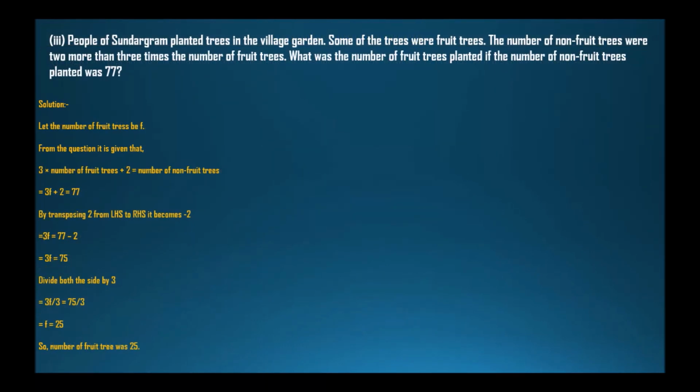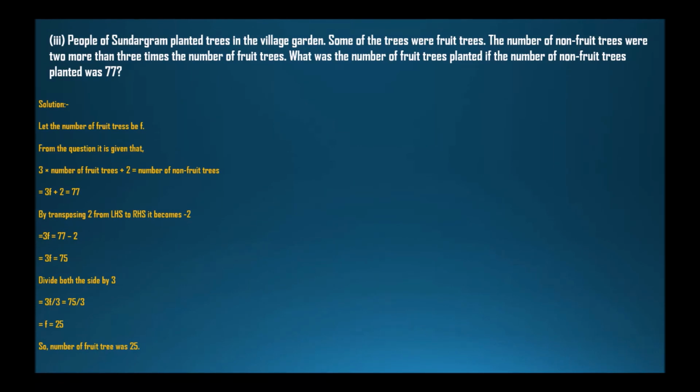Next, people of Sundargram planted trees in the village garden. Some of the trees were fruit trees. The number of non-fruit trees was 2 more than 3 times the number of fruit trees. What is the number of fruit trees planted if the number of non-fruit trees planted was 77? Now let the number of fruit trees be f. So 3 into the number of fruit trees plus 2 equals the number of non-fruit trees. So 3f plus 2